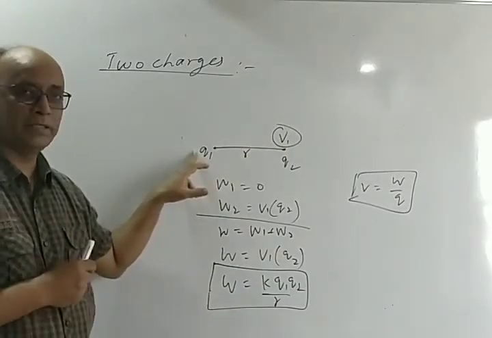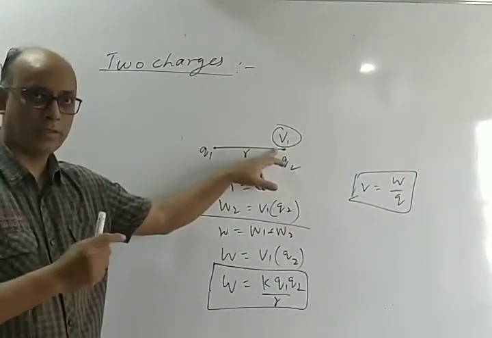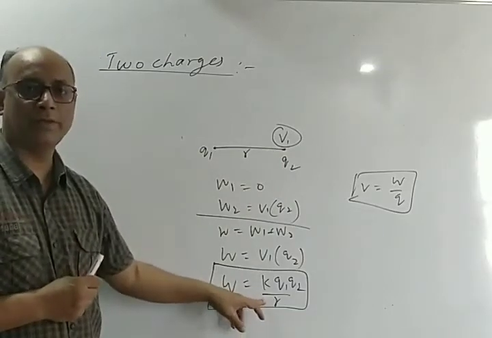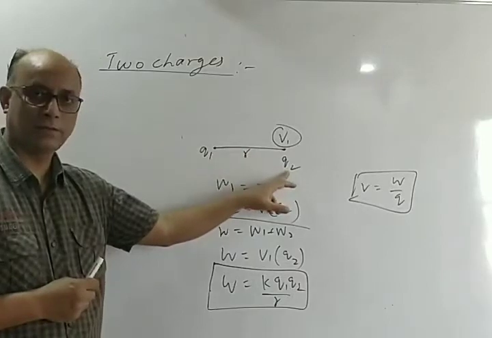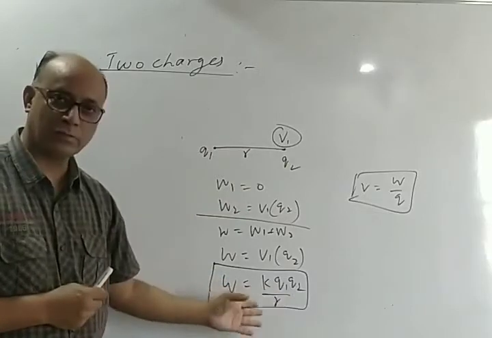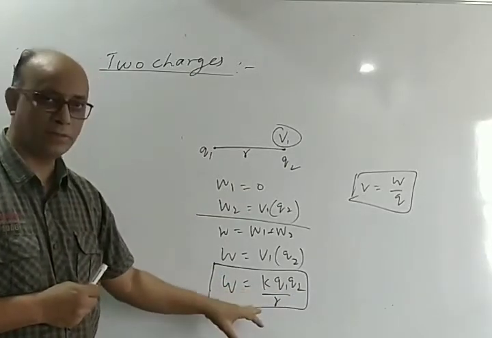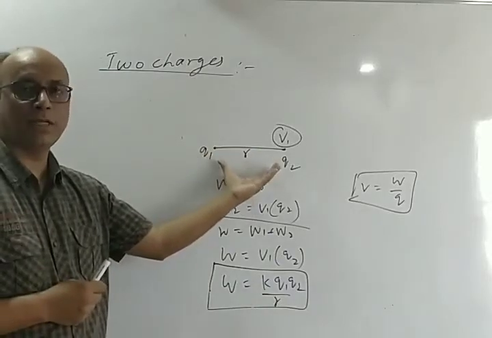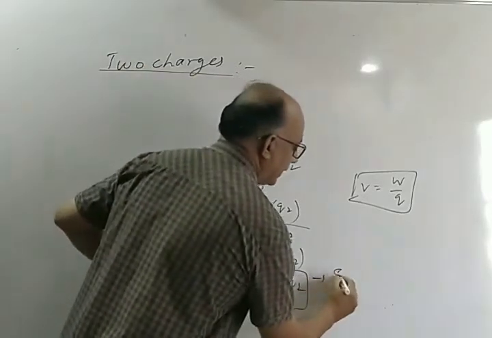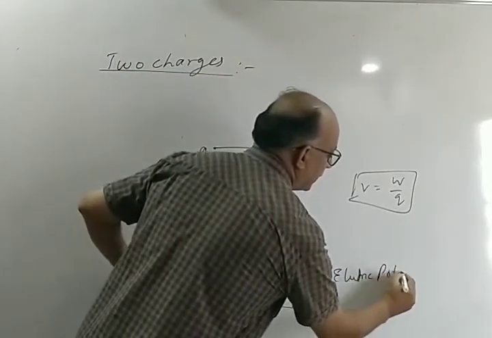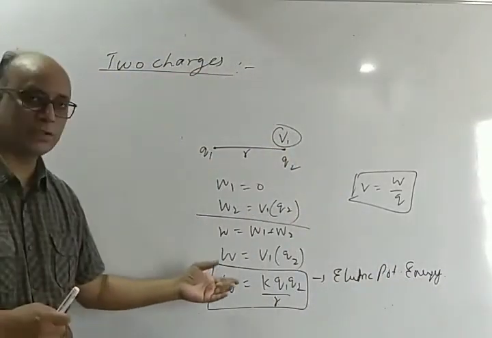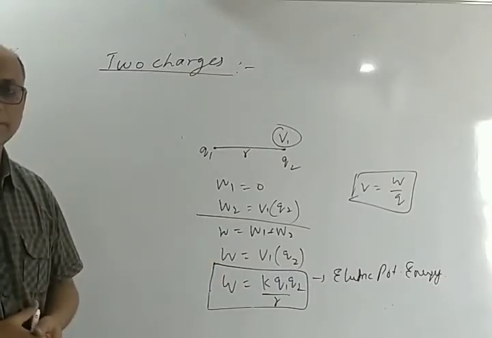Whereas the work done in bringing the first charge was 0, and when the second charge is brought, work is done. And the total work done is this. Now you see the expression, it's not significant whether you bring this charge first or this charge first. If you bring this one first, the electric potential will be due to it, and then when you bring the other, the final expression is going to be the same. So basically this is the work done in establishing or assembling these two charges from infinity in this space. So what we call this is the electric potential energy of the system of two charges.